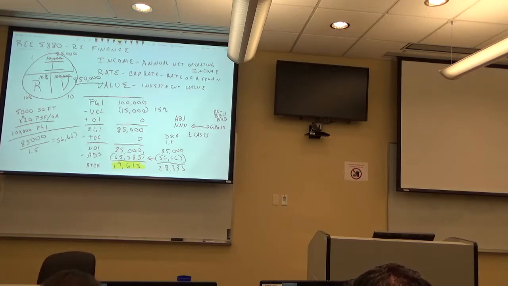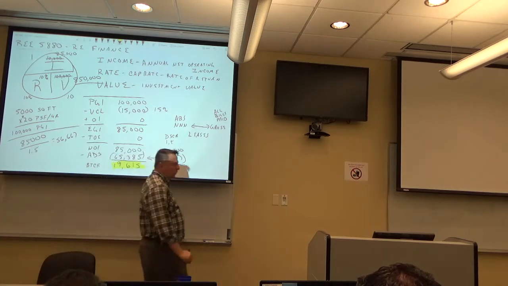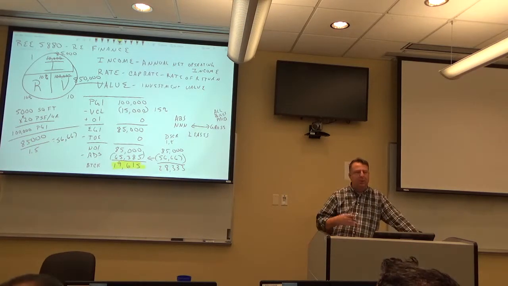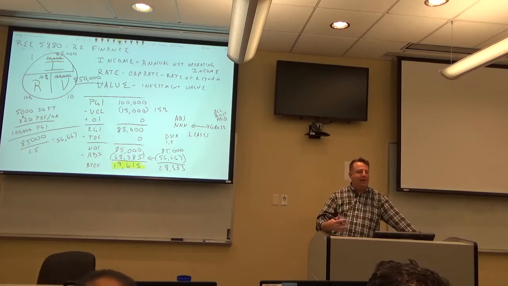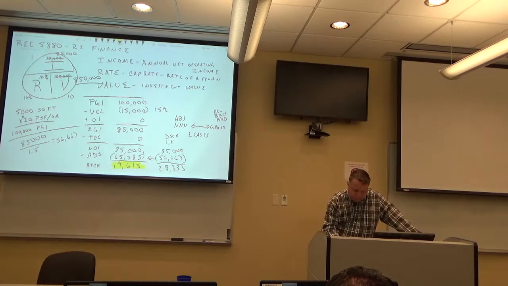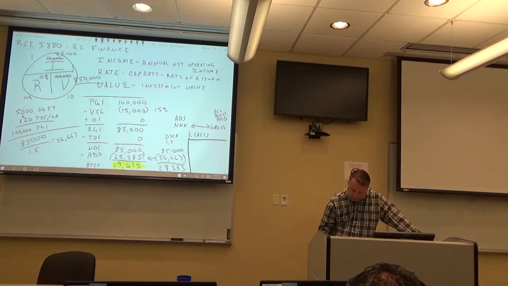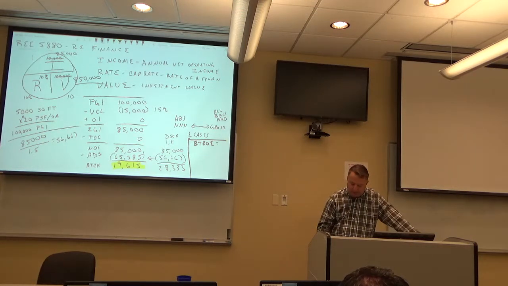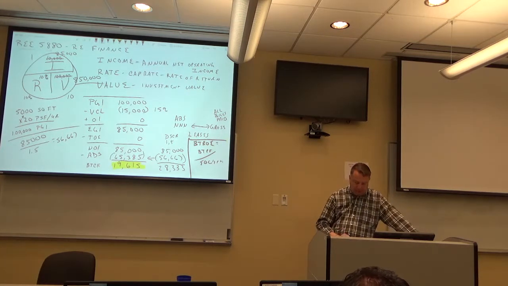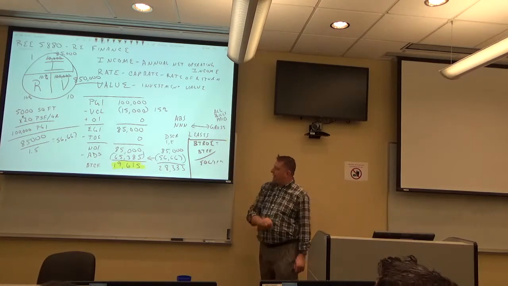Does that make sense? So, for example, we can do a very basic calculation. You will hear it referred to as cash on cash, or as I tend to call it, before tax return on equity. Let's draw a little, okay? Before tax return on equity is simply going to be equal to your before tax cash flow divided by your equity. In this case, your before tax cash flow is the 19,615,